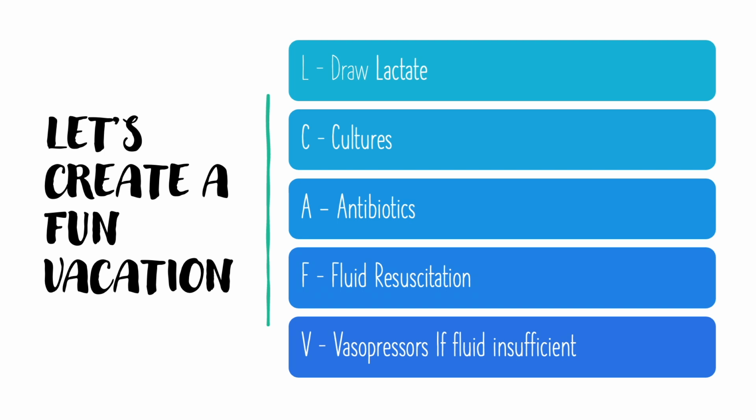Secondly, doing cultures and sensitivity testing helps us, the healthcare team, identify what bacterium, for example, is causing the sepsis in the first place. This should be done prior to providing patients with broad-spectrum antibiotics. The next step is A for antibiotics. This is where we have identified the culture of the bacteria and are now administering our first dose of broad-spectrum